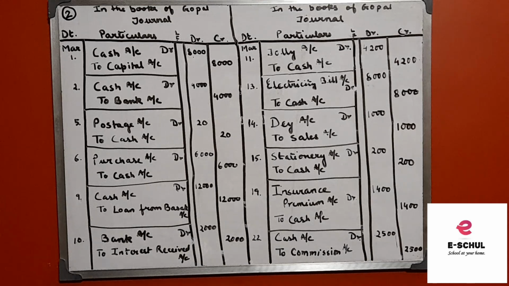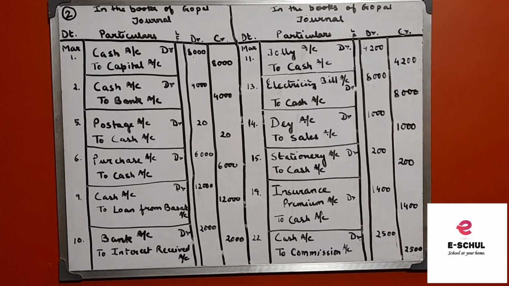Hello students, till now in my previous videos I have solved a master sum for you, and today is the time for the second one. I have divided the board into two parts because due to lack of space it becomes very difficult for me to pass a huge number of transactions. So in the first part I have recorded 6 transactions, and in the second part again 6 transactions.